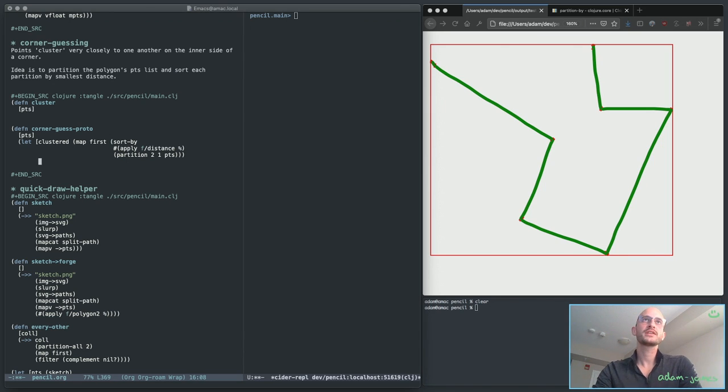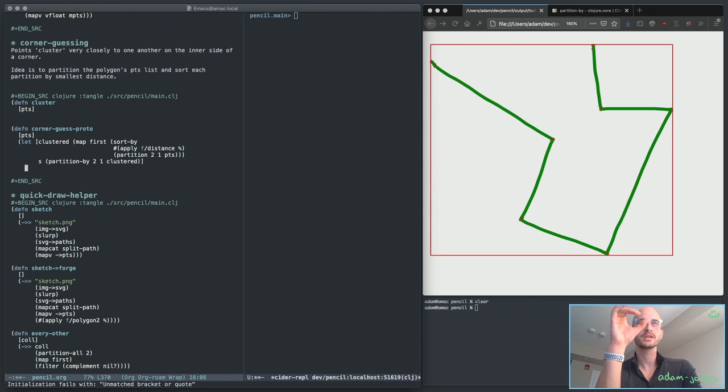Okay, let's just try to sort this. Okay, so if I take the partition by 2 with a step size of 1, the clustered elements, right? Then I get a complete list. I get all the pairs of points again. And since they're sorted by their local size already,